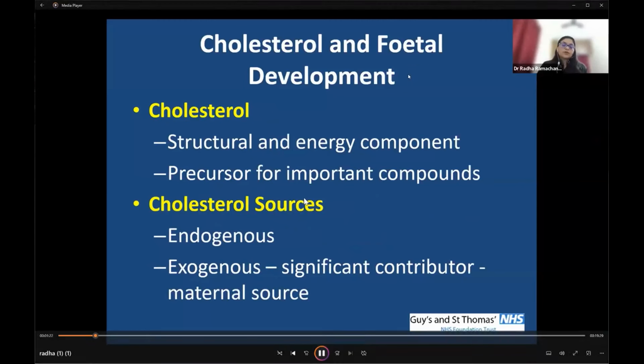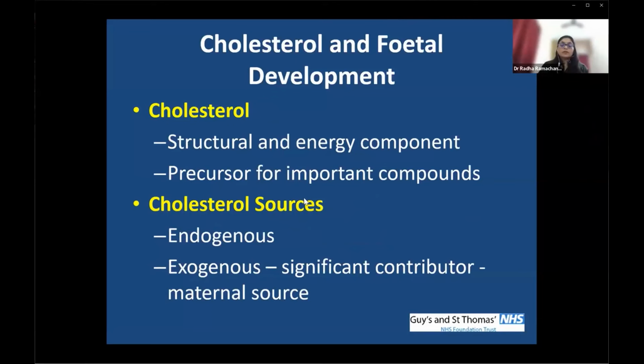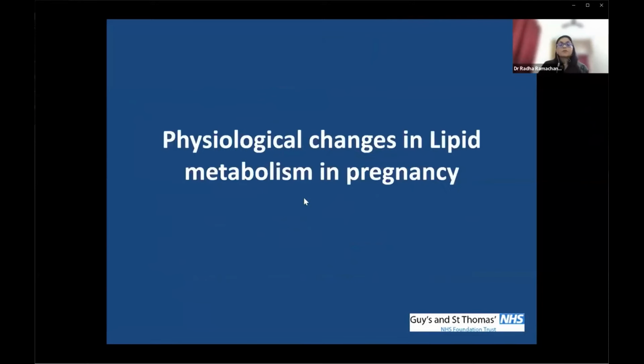Cholesterol sources are endogenous, that is, cholesterol that's produced in the fetus, but it relies significantly on exogenous sources from the mother. So what are the physiological changes that happen in lipid metabolism in pregnancy that enable enough cholesterol transfer for